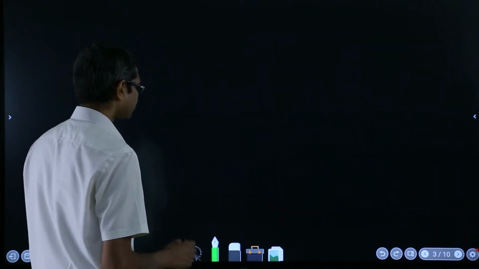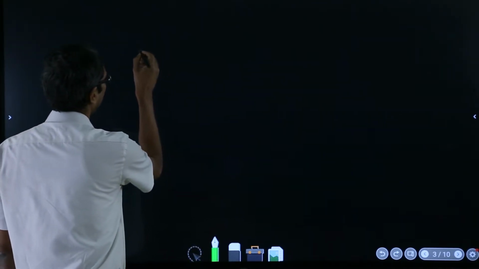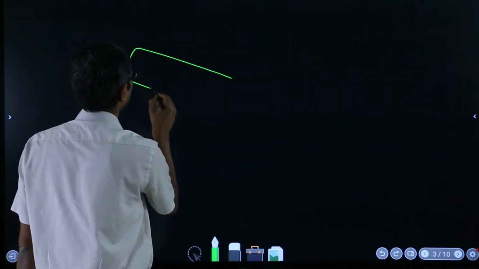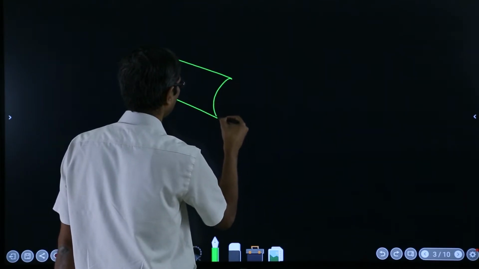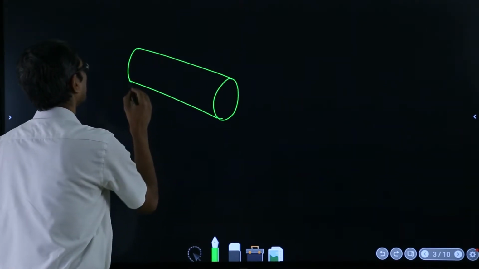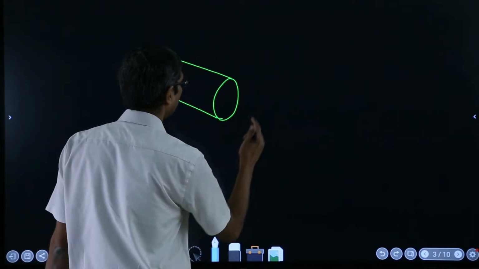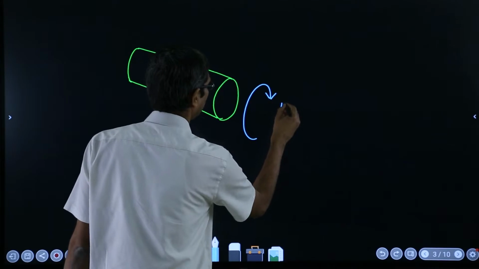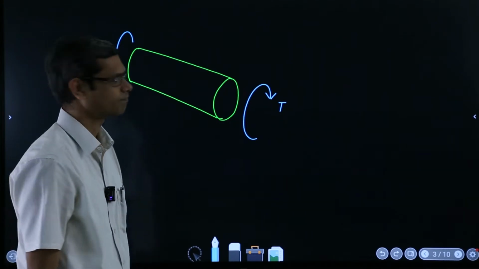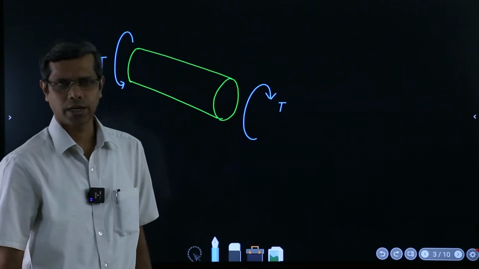Okay. Now, when I said deformation, what exactly I mean is, we are first going to discuss some conditions that must exist when we have torsion, that is pure torsion. Okay. So, that means here we have T and here we have T. So, this is our canonical configuration, and then the first condition is